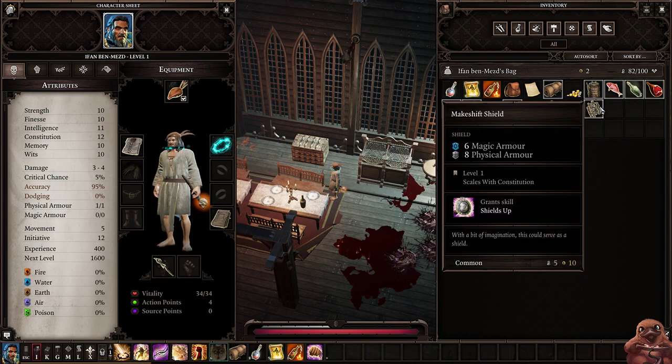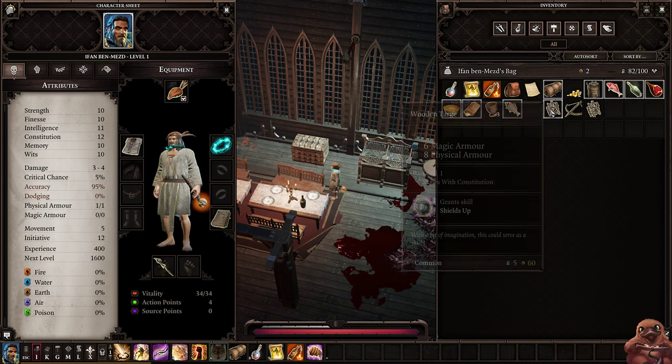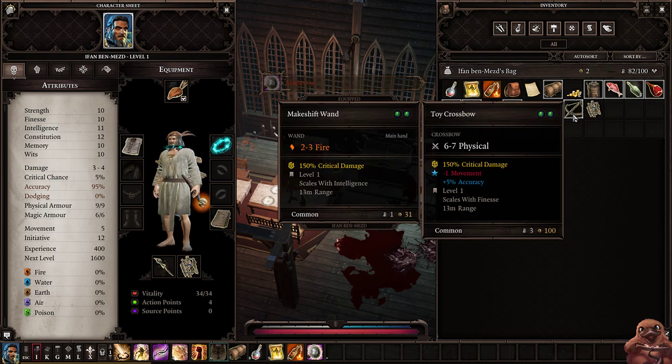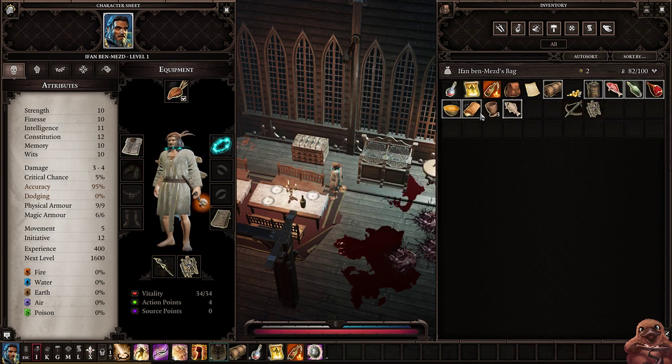Which one's better? They're more or less the same. Just one. Let's go with the wooden targe. Can I equip you and a wand at the same time? Yes, I can. Okay. And I got a new skill. That's fine. I mean, the toy crossbow would be more...